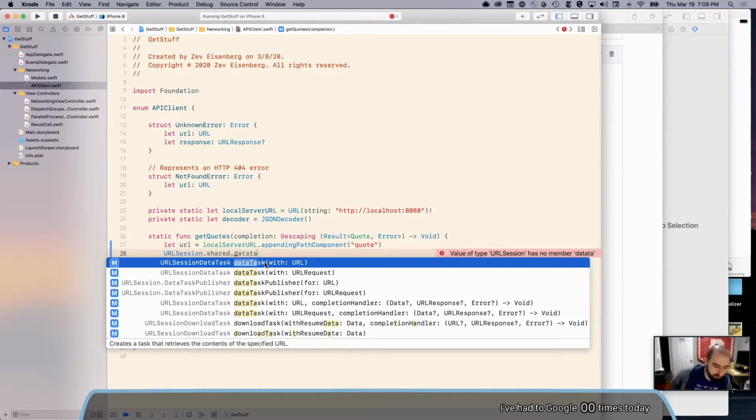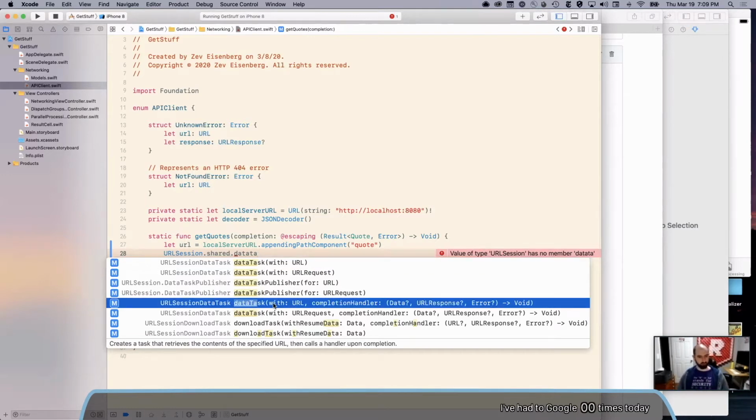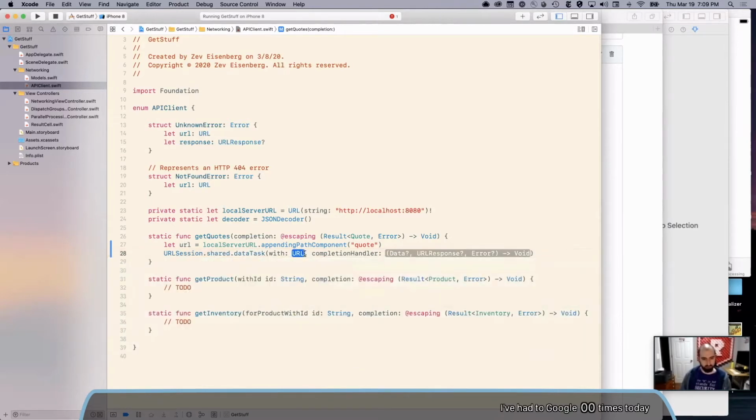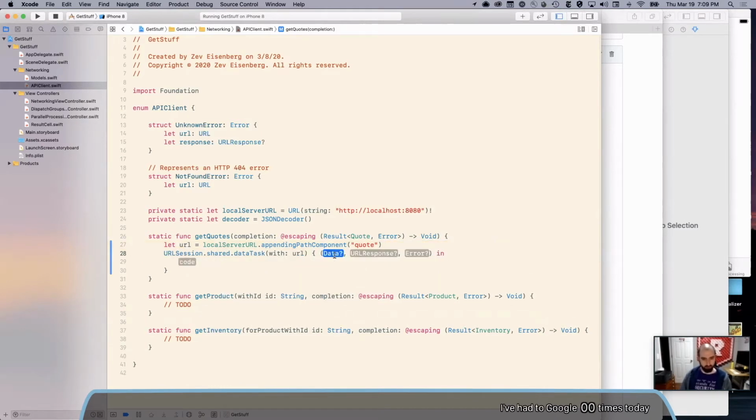So data task is the object that encapsulates the idea of a request that's running. And I'm going to get a data task that also gives me a completion handler, so I get a chance to look at the result when it comes back. And it takes a URL, so I'll give it my URL. And then I'll hit return on this completion handler, and that will fill in the things. So now we play a little bit of Mad Libs: data, response, and error.